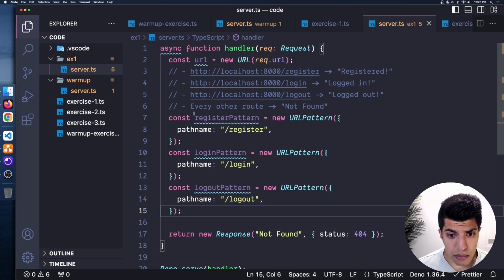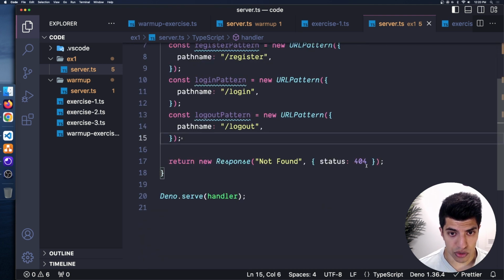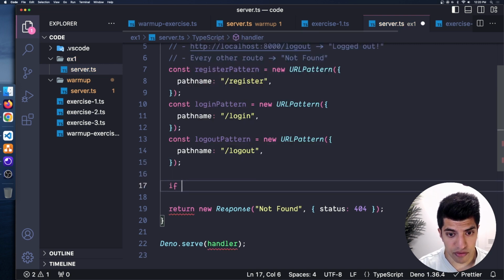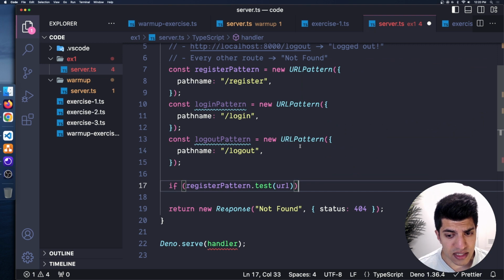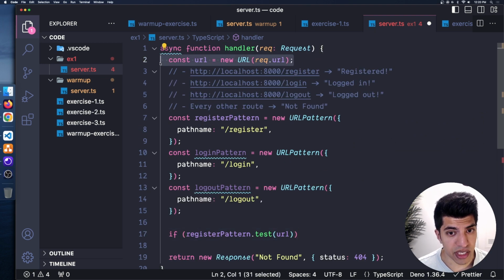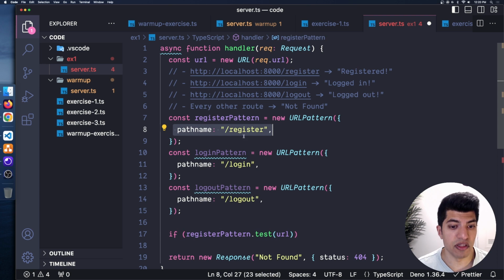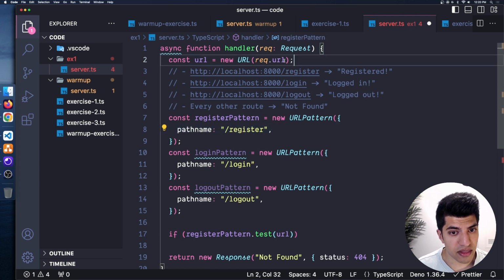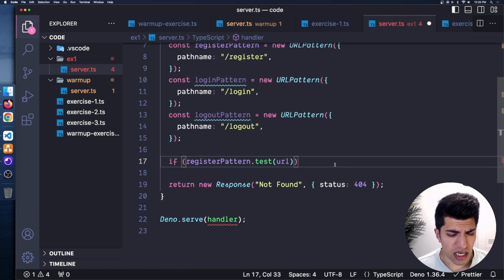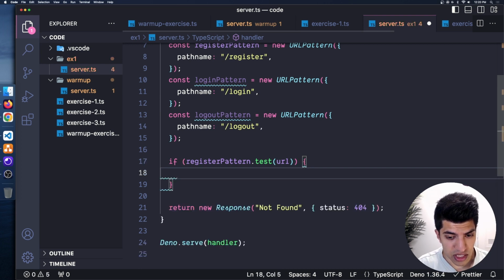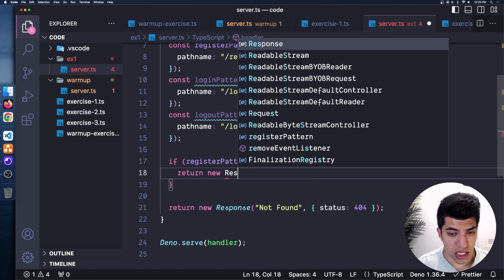So let's deal with each of these. These are all going to be 200 responses by default, status 200. So let's do register first. I'll say if register pattern dot test. So we want to test this pattern against our URL. And since our URL already has a path name property in it, it's going to be able to directly match this path name with the path name that we saw in the URL, which is quite nice, which is why I like using this constructor. We could also pass it, I believe, the actual raw string, but again, this is much more flexible if we do it this way. So if we have this, then we're going to return a new response,